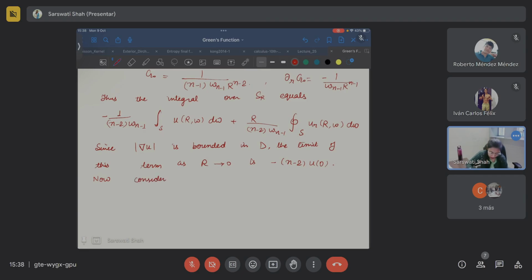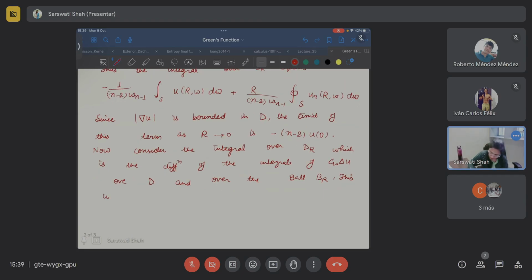Now consider the integral over D_R, which is the difference of the integrals of G_0 Laplacian of u over D and over the ball B_R. This is written in polar coordinates as 1 over ω_{n-1} integral from 0 to capital R of 1 over r to the power n minus 2, Laplacian of u, r^{n-1} dω dr, in absolute value,